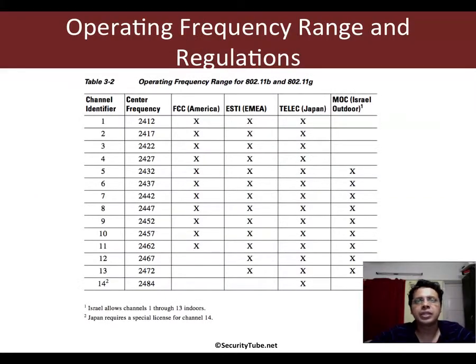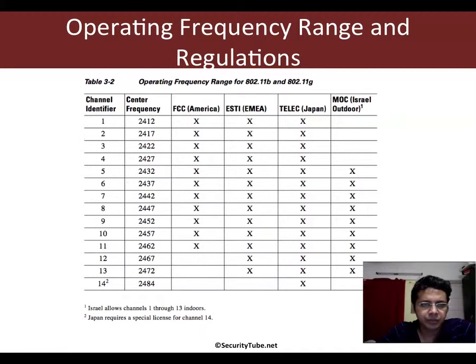So let's start with a quick recap of what we had learnt in an earlier chapter, which was about operating frequencies, bands, and ranges, and all of that. I think that was in chapter 2 or video 2. There we had said that the exact frequency range in which a card can operate in a given country is dictated by the various regulatory policies. As an example, the FCC in the US is responsible for the regulatory policies there as far as the 802.11